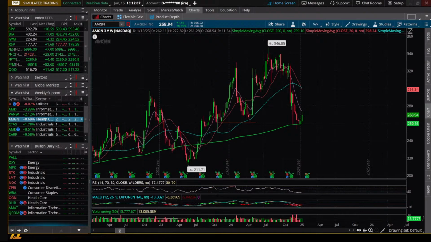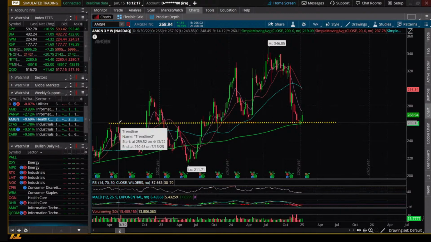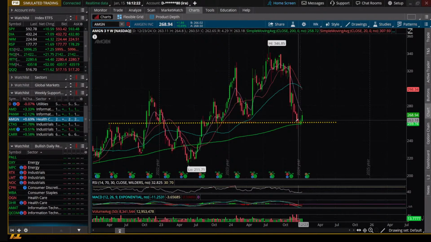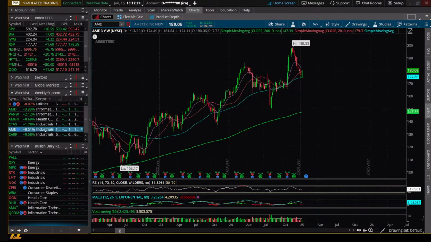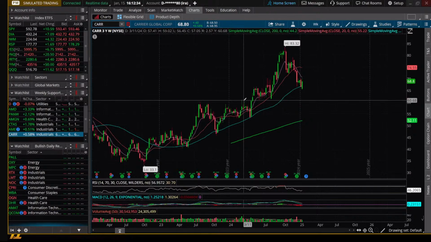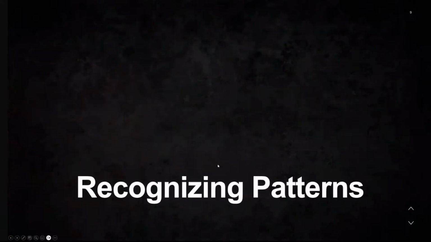You look at Amgen here. Why would we think maybe hypothetically you start to reverse? Well, a couple concepts here. Number one, you're at a massively important support level, principle of polarity. You also are at the 200 weekly moving average, and you're also starting to see it play out there as well. And so you see the same thing on CTAS, kind of hovering at that 50 weekly. You see the same thing on AME, trying to battle at that 50 weekly. You see the same thing on CAR, trying to battle at that 50 weekly. And so I just wanted to bring that up very quickly, because that's kind of what reversal analysis really kind